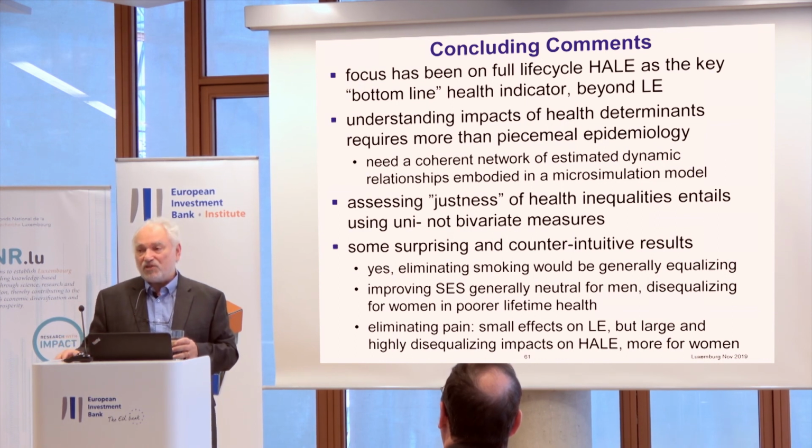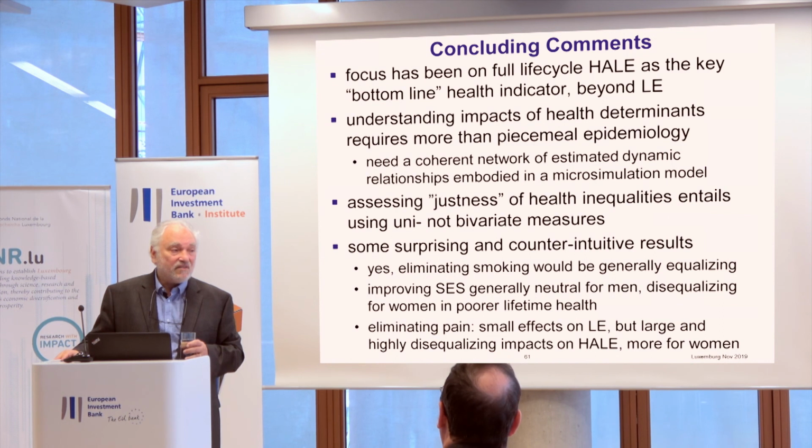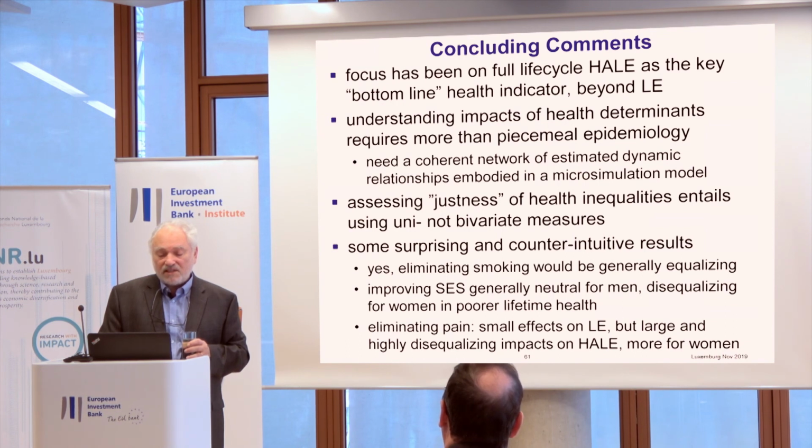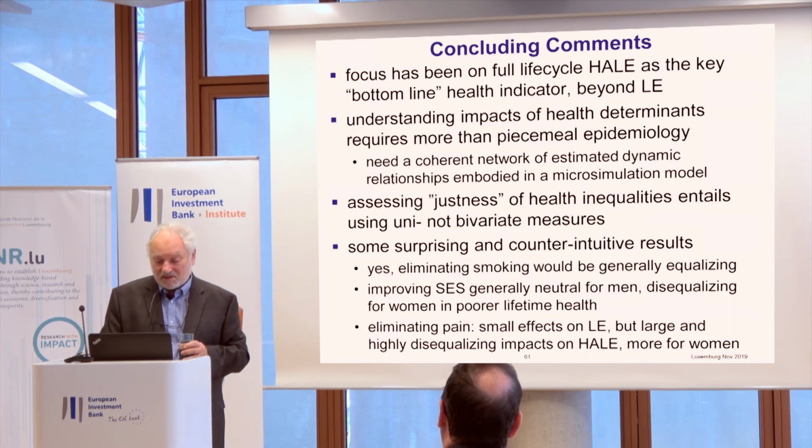It also is a message for national statistical offices and things like EU Silk to say you guys really ought to do a better job in the way you run your health surveys, and share for that matter. In assessing the justness of health inequalities, and this is not at all what I entered this project feeling, we really have to go back to a Julian Legrand style of univariate, not bivariate measure of health, more Chris Murray than Michael Marmot. And there are some surprising and in some cases here really counterintuitive results.